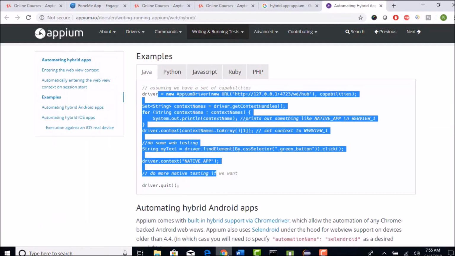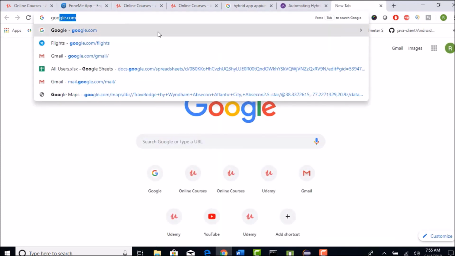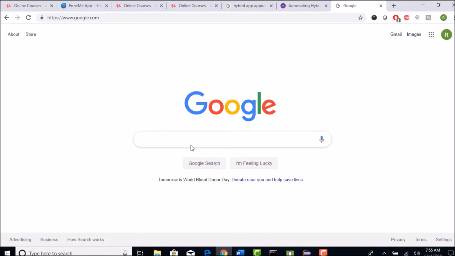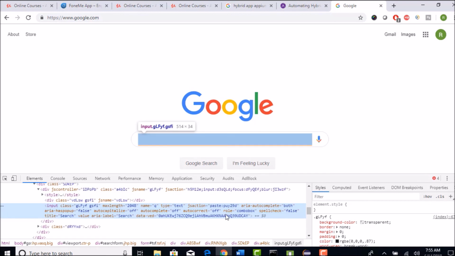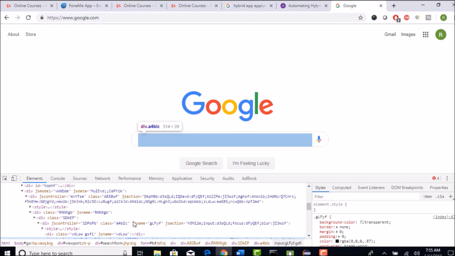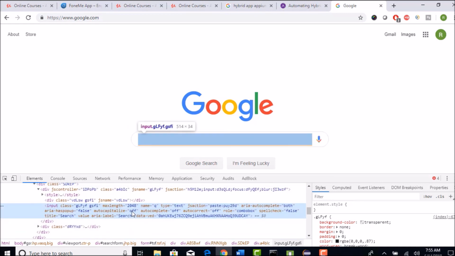Okay. Now for example, for the google.com homepage, there is one famous locator which always stays constant, which is name. Where is that name attribute? Did they remove it? I'm sure they will not. Yeah, here you go.